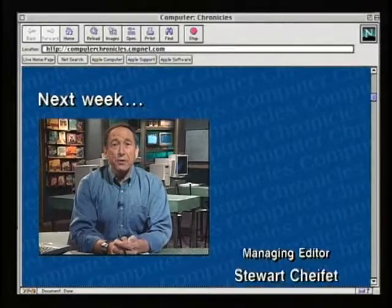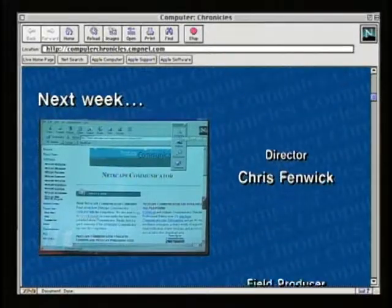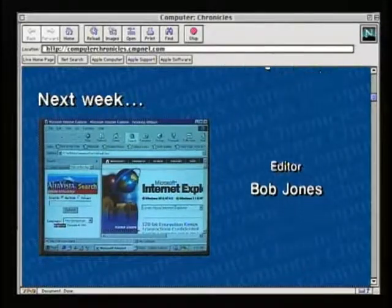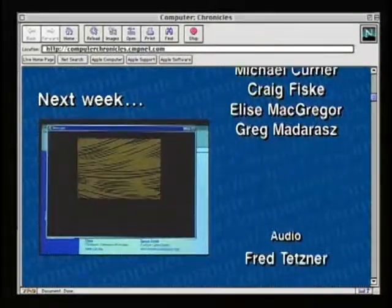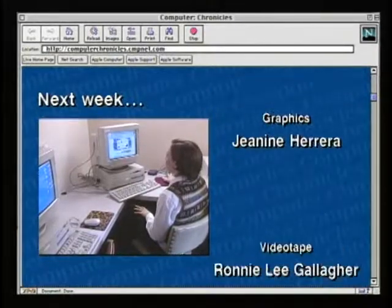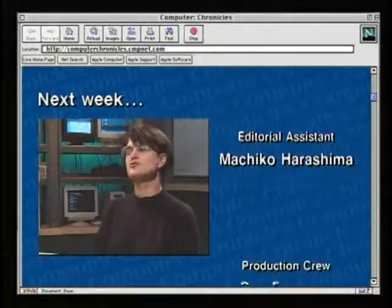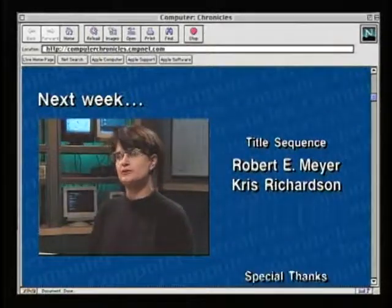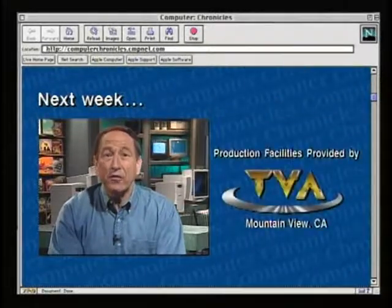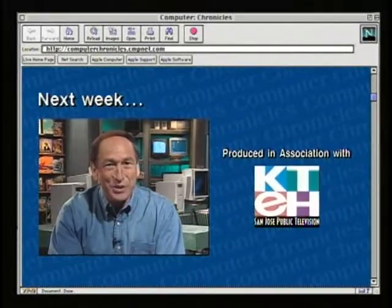Next week on the Computer Chronicles, the Battle of the Browsers. We'll get up close and personal with the new Communicator 4.0 from Netscape. We'll show you the ins and outs of the Internet Explorer 4.0 from Microsoft. We'll see how they both handle audio and video streaming. We'll talk to some end users and to some web designers about what they like or dislike about the new browsers. And we'll talk with a senior technology editor to see if we can figure out once and for all who will win the Battle of the Browsers. Plus, my pick of the week, a very unusual program called Disc Tracy. You won't want to miss this comic strip. It's all coming